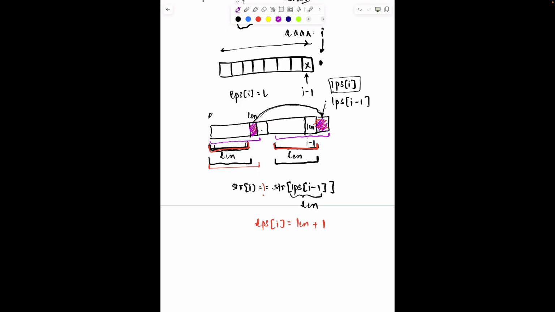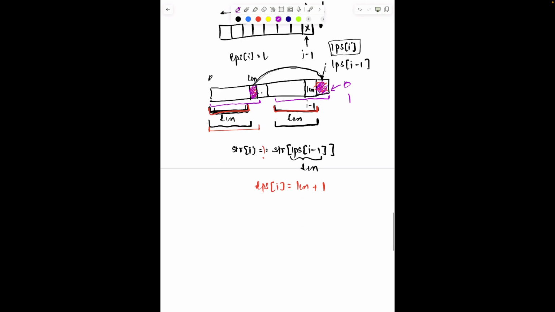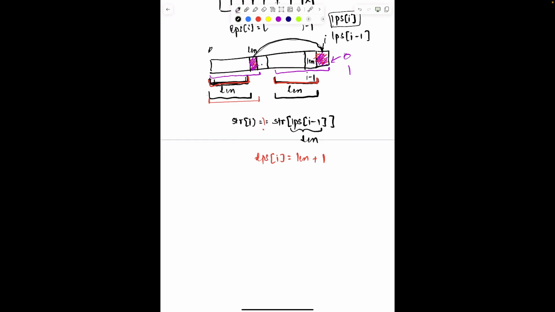So what do we do? Do we just write it as LPS of I as 0 or 1? Not really. I'll give you an example. So now I have a string AXD